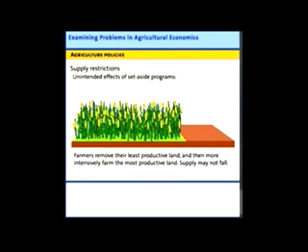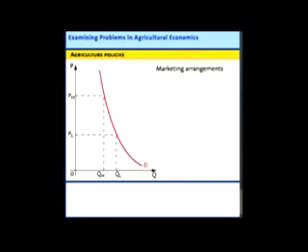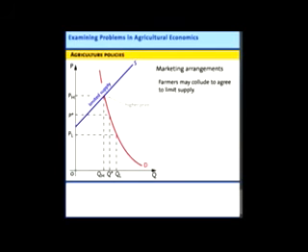Another possibility besides set-aside programs are marketing arrangements, where farmers agree only to bring so much corn to market each year. That is, they agree to collude and shift the supply curve in so as to keep prices up. Well, these agreements are subject to all kinds of cheating. People are going to look for other ways of selling their products on the side, so they're kind of hard to enforce. But even if they were perfectly enforced, that means there's going to be a lot of waste,